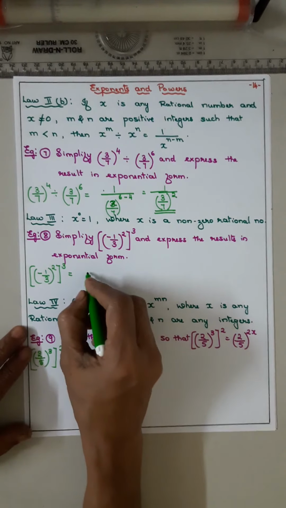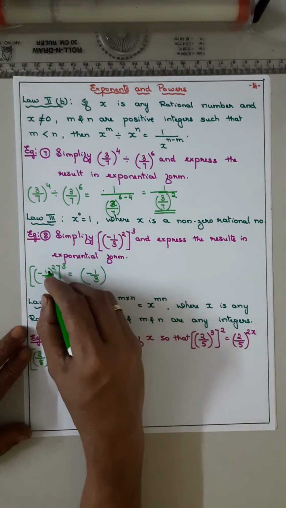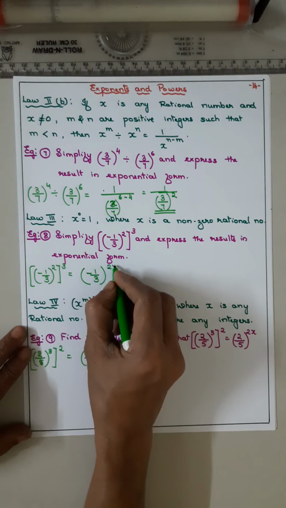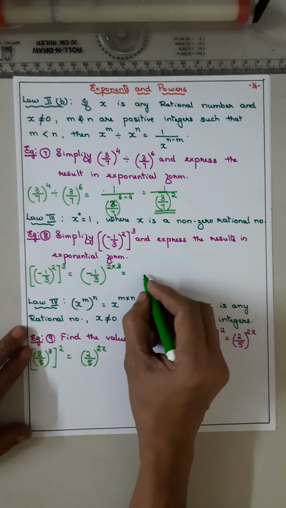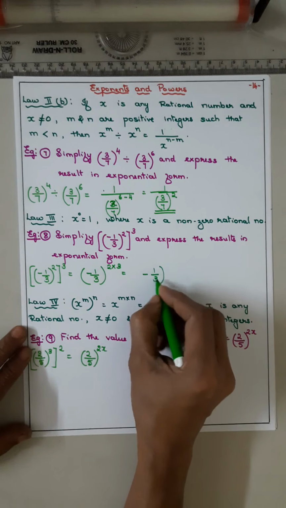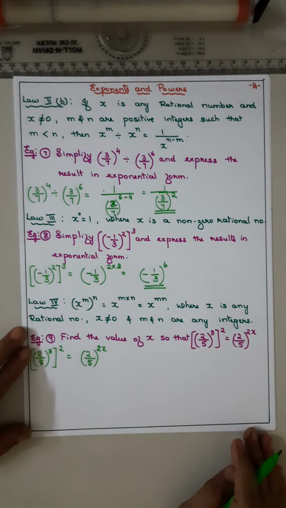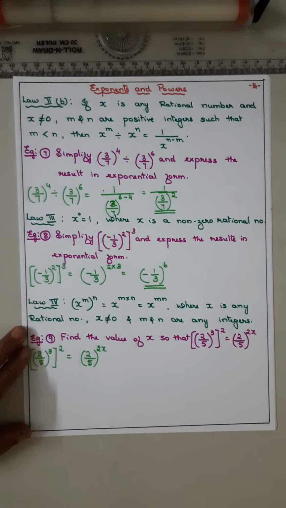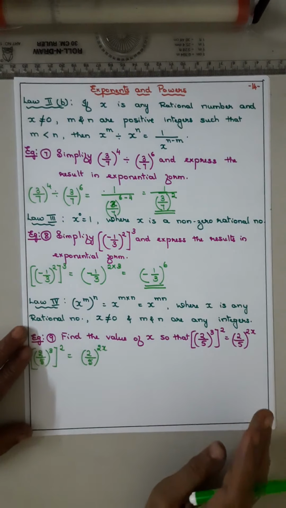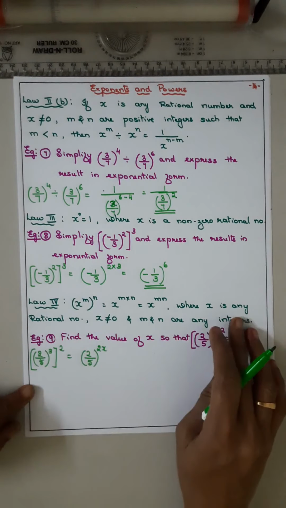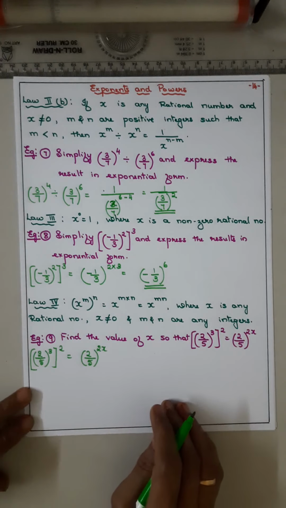Okay. So it is (minus 1 by 3) the whole raised to 2 and 3, isn't it? So we have to multiply 2 into 3. Exponential form is asked. So just write the base and 3 2s are 6. In between, if there is a multiplication sign, add the powers. But here there is a bracket, so multiply the powers. Now law 4 is this one. Understood?